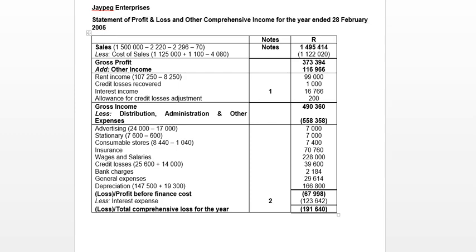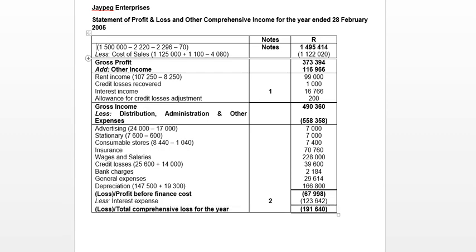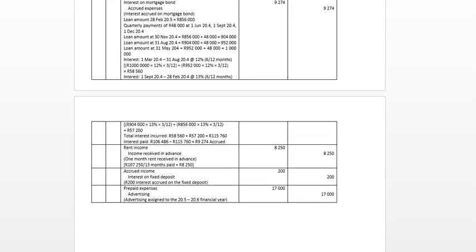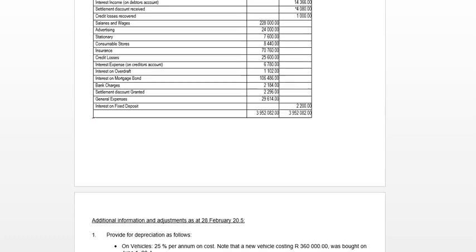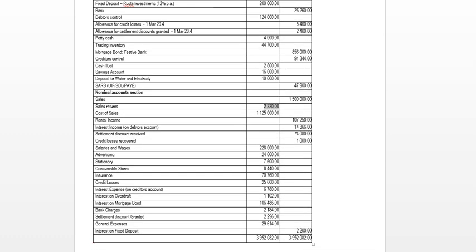So we start off with our revenue. Sorry, this should be revenue. And our revenue is our sales, less our sale returns, less our settlement discount granted. So what is our sales? So our sales for the year was 1.5 million Rand. Less our sale returns of 2,220 Rand. Less our settlement discount granted,